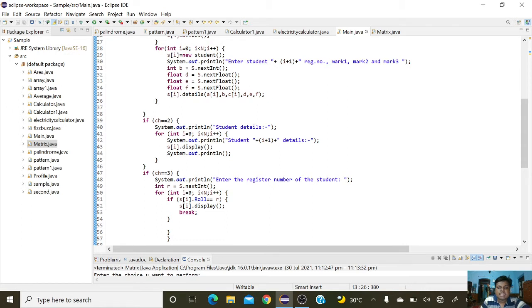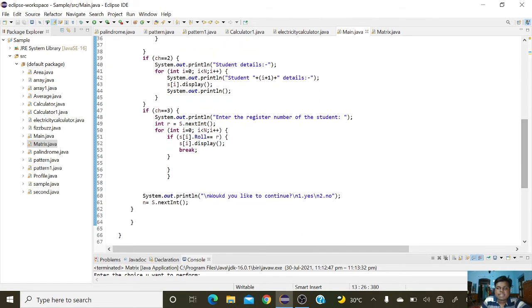If we give choice three, it will get the user input: enter the register number of the student. So we're giving a for loop, for int i equal to 0, i less than n, i plus plus.